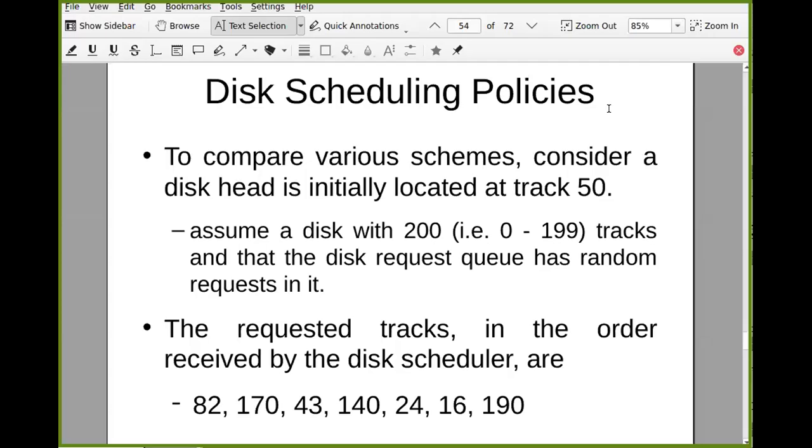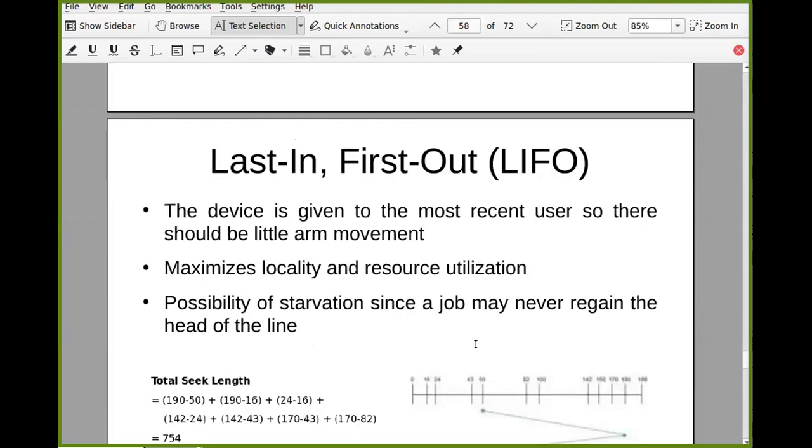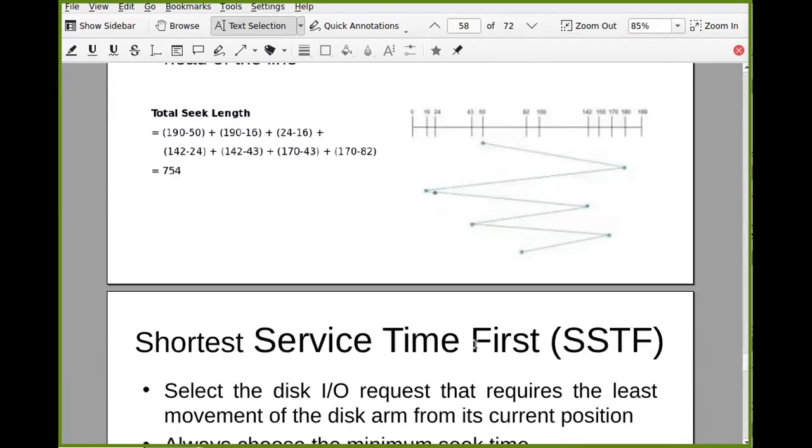Okay. So in the last lecture, we discussed a little bit about IO, and then we started the discussion of disk scheduling policies. To discuss these policies, we used this example with pending requests for different disk tracks, such as track 82 and 130. We used that to discuss first in first out, then priority, then last in first out, that is LIFO.